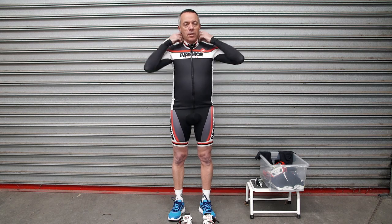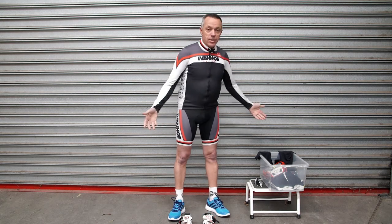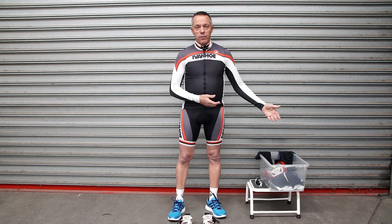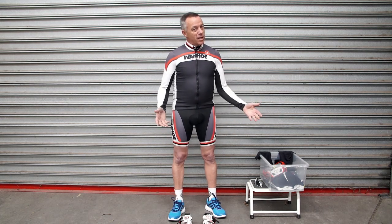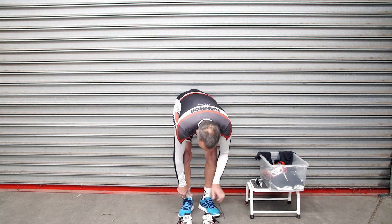And depending on your riding circumstances and your own body temperature, it may be necessary then to still wear the vest over the top in the middle of winter. Early of the morning, 6 o'clock in the morning on a winter's day, it can be very cold. So, other items that we have,